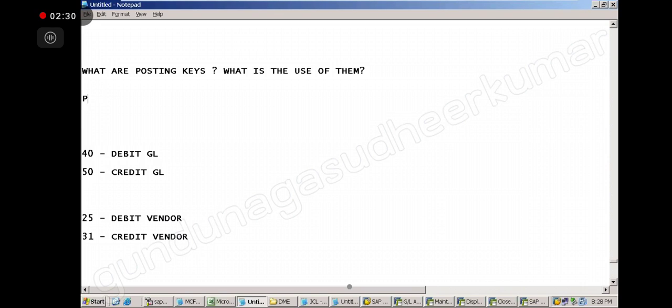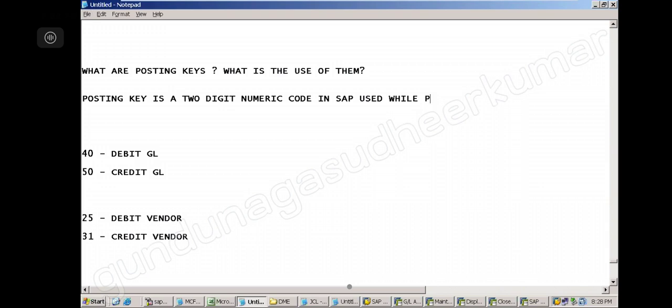Posting key is a 2-digit numeric code in SAP used while posting an entry.